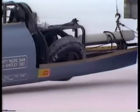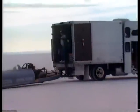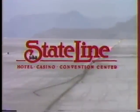Fortunately, he's okay. And there you see the car being towed away, and we'll be back with more from Bonneville in just a moment. Stay with us. Thank the State Line Inn and Casino for their assistance in this